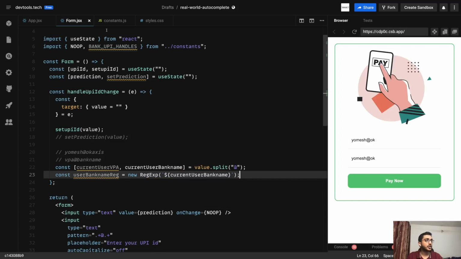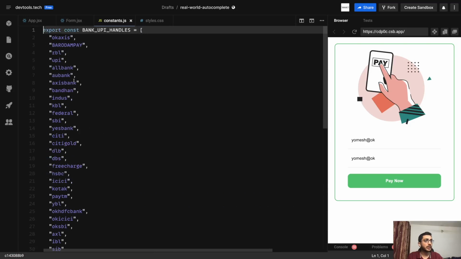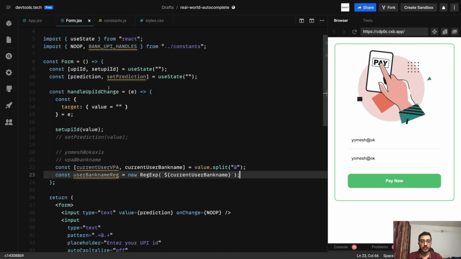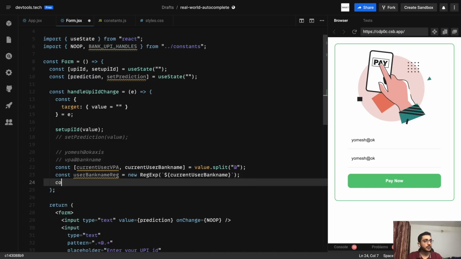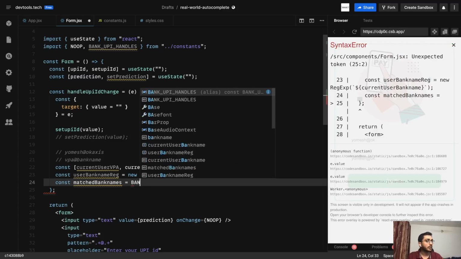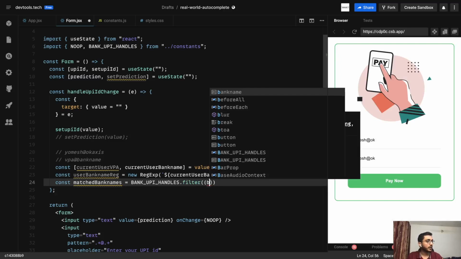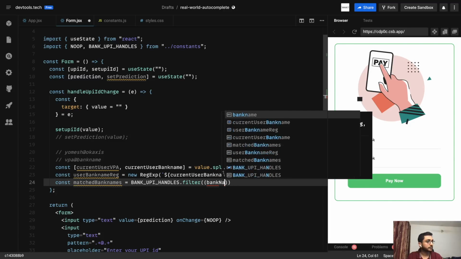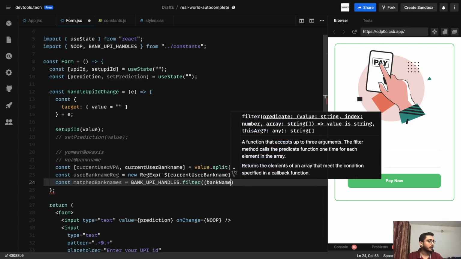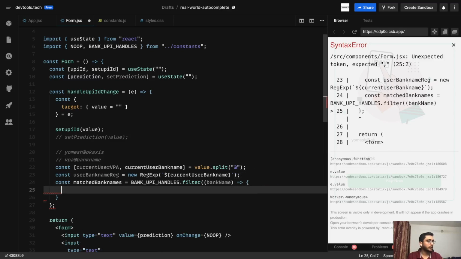From our list of bank names, like OK Axis, RBI, UPI, All Bank, Axis Bank, Bandhan and all, we will iterate over all the values and filter out the values which best match our current value. So matched bank names would be bank UPI handles dot filter. Because it's an array, we will have bank name here,